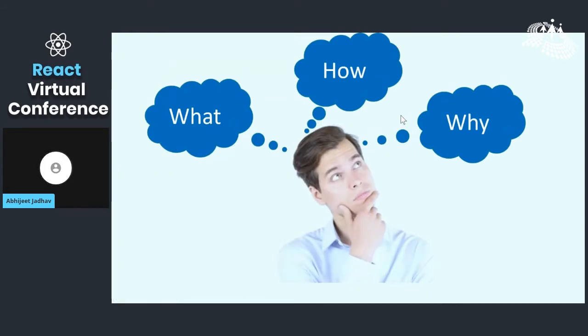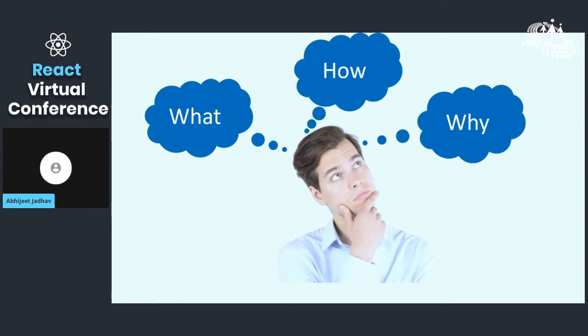For any given technology, these are the things which come to mind when we are developing an application or whenever we are adopting a new technology. What is the new technology? What has it brought to us? How are we going to implement it? And why should we adopt that particular technology, or why should we go for development using it? These are the three criteria that we would first try to get into, and once we have the answers for this, then we choose our path and move forward.